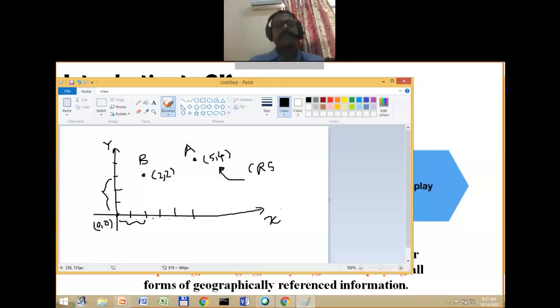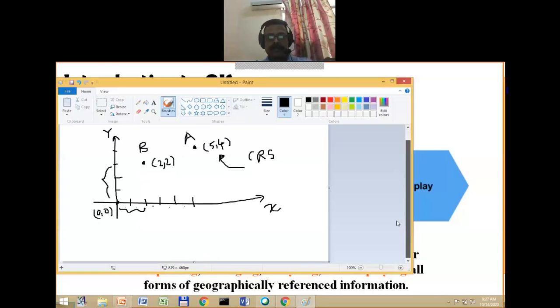So this may be one of the coordinate reference systems, but the same coordinate reference systems if you use to describe your location on the surface of the earth, that can be an input to GIS or Geographical Information System. But the problem now is that unlike the two-dimensional surface, our earth is not actually